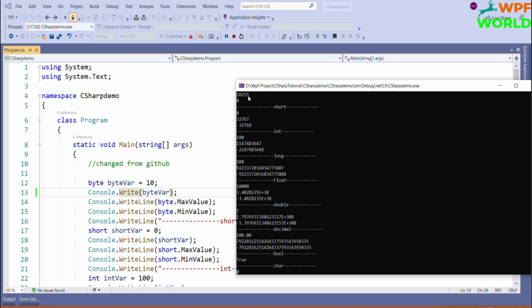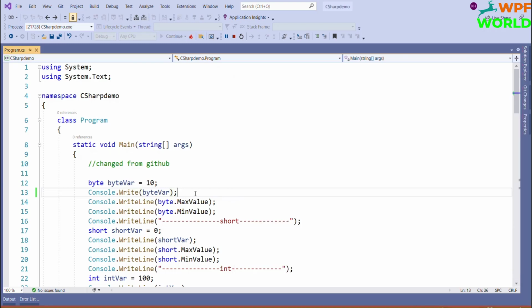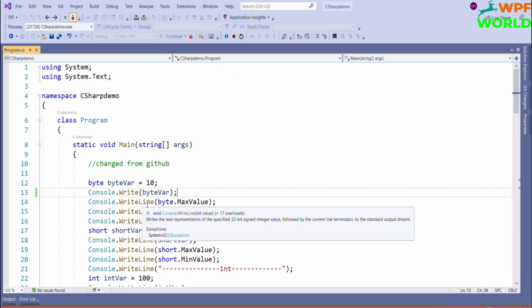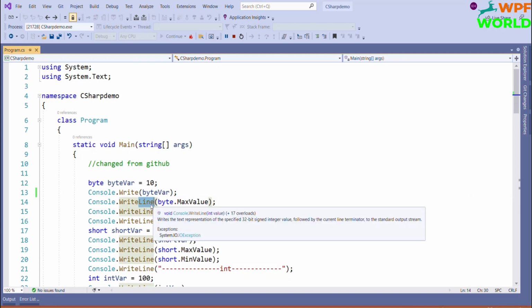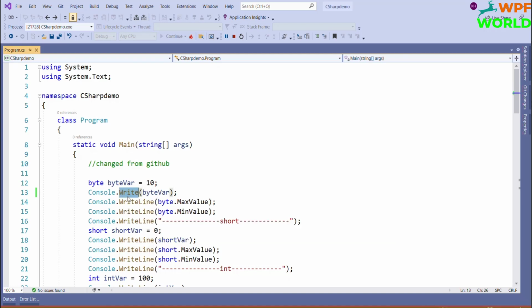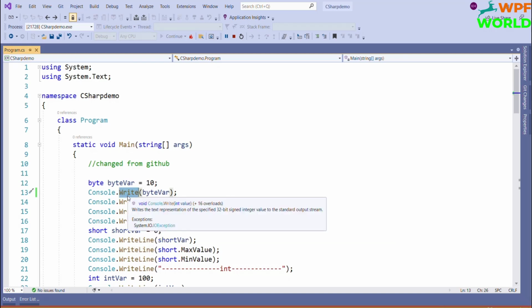I have used Write for byte, so 10 is there and it is not going to the next line; byte max value starts writing in the same line. The difference between Write and WriteLine is that WriteLine writes something and goes to the next line, but Write will only write the value.